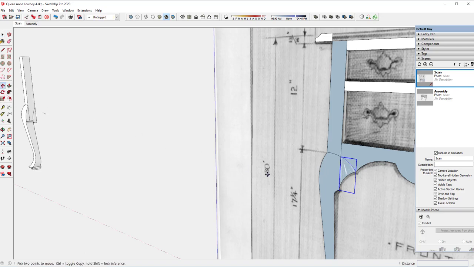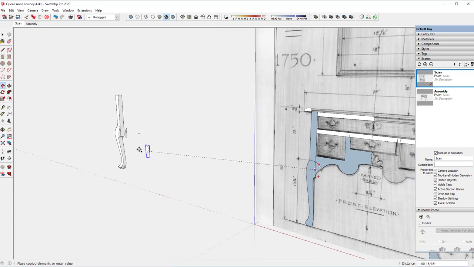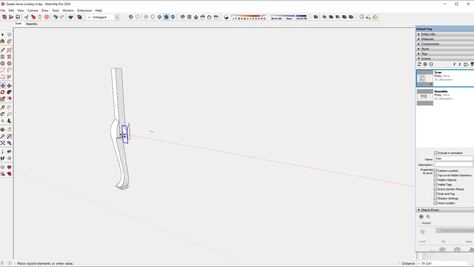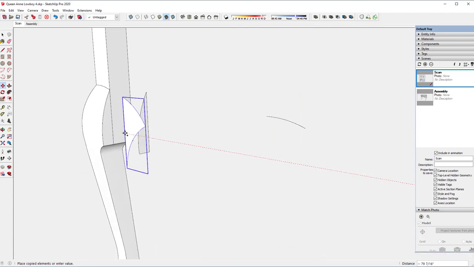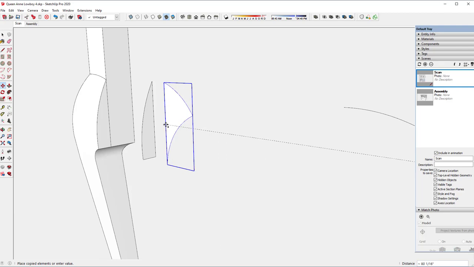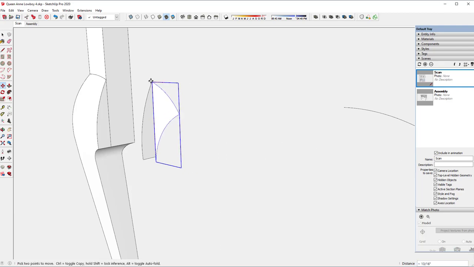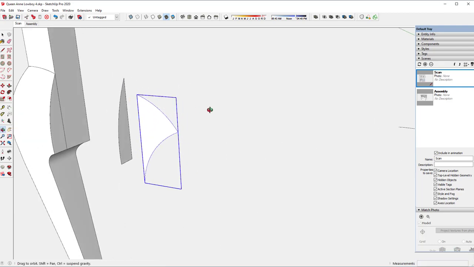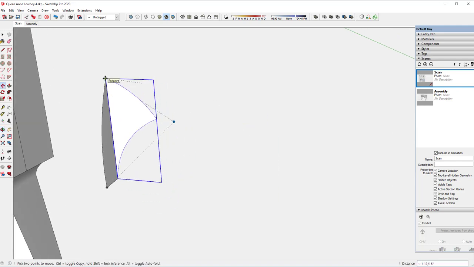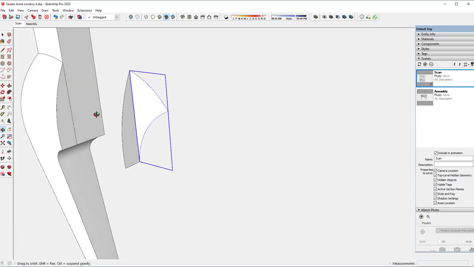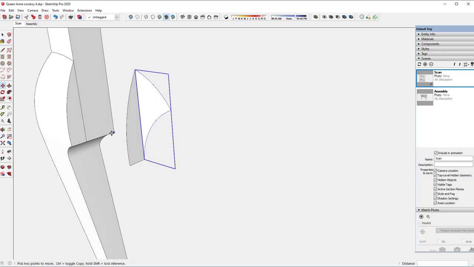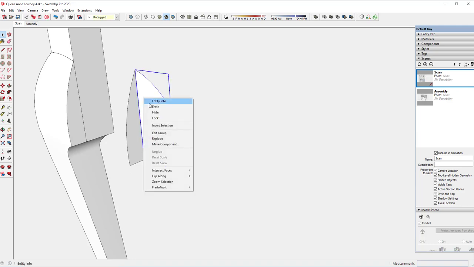And let me copy that shape over here, and this will connect to that right there. So I've got the two shapes, but I want them all to be in the same group. So I'm going to